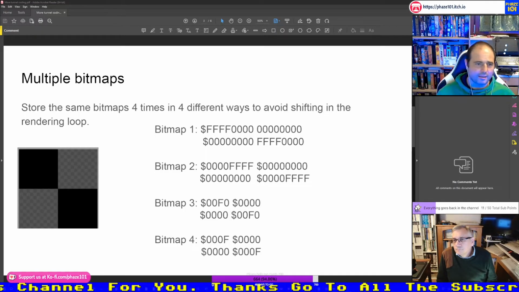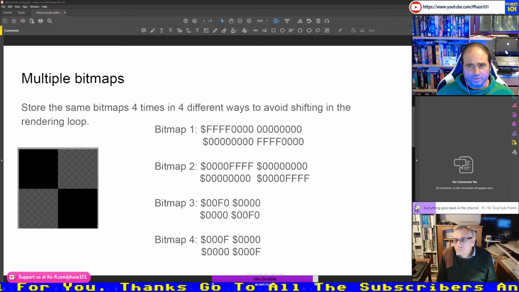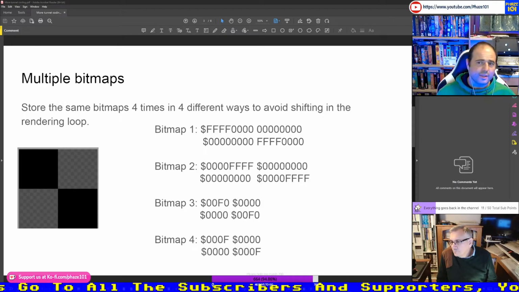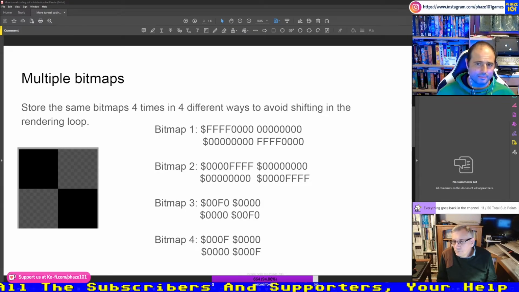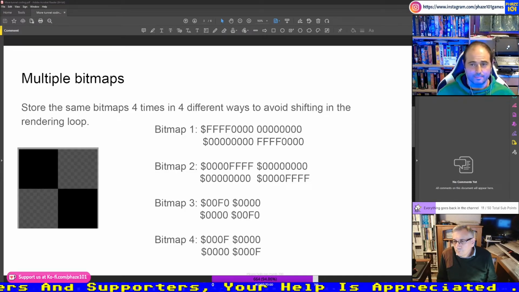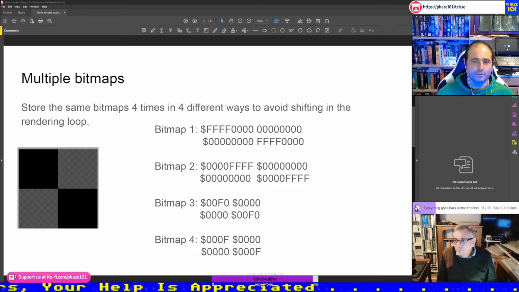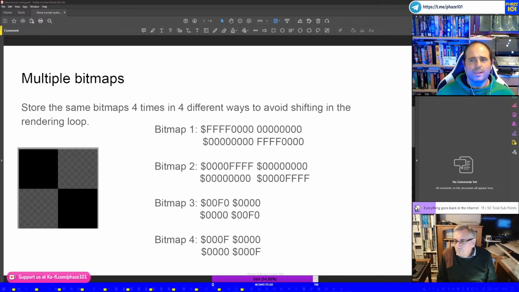So this is a tile. It's a 2x2 texture, and in reality, in my demo effect, the texture is 16x16. But in order to make things simple here, I'm just reporting 2x2, but the concept is the same. What I do is I draw in memory the texture 4 times, and the texture can only have 2 colors, black or white, 1 or 0, let's say.